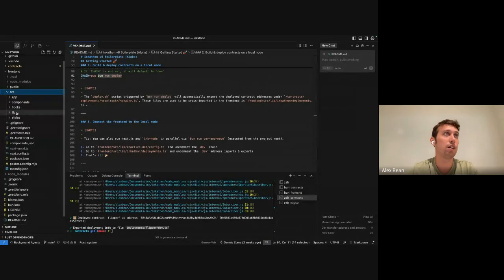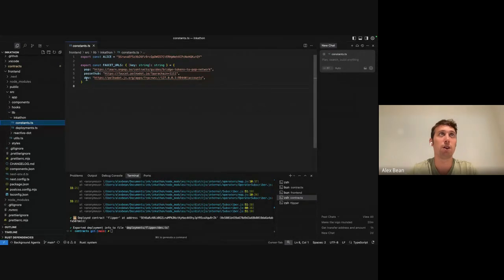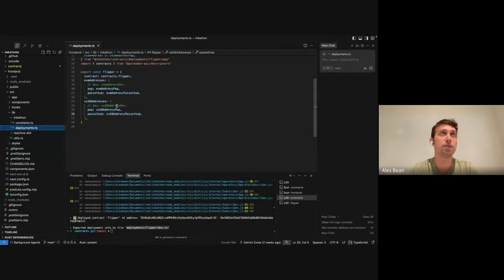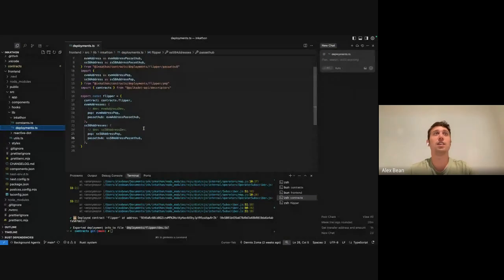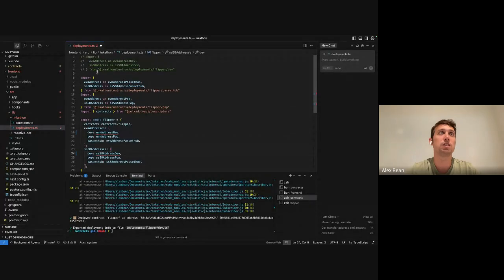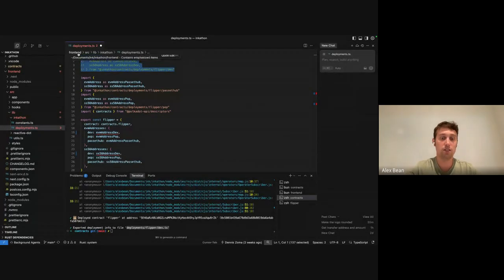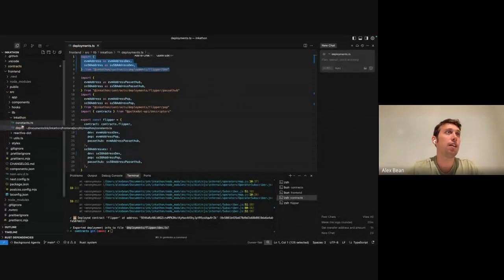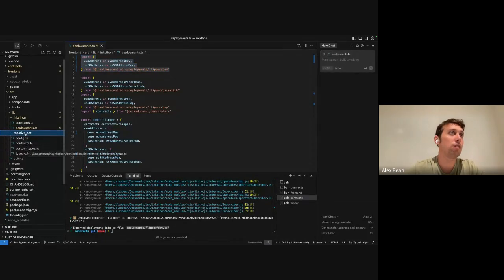Here we have some configuration files in lib, which we can check here. The constants here, for example, are the different information on how to get tokens. And here is where we have to add the new chain address. So for the Flipper smart contract, which we have deployed in development, we uncomment this and we uncomment this. And then how to add a new